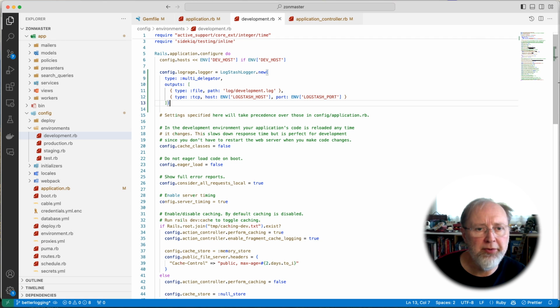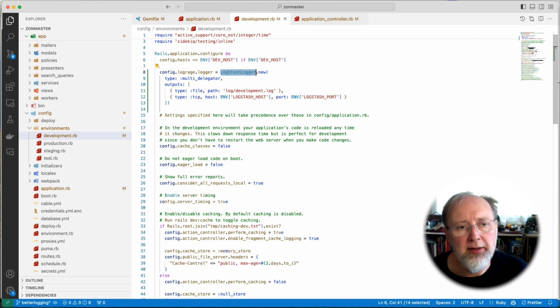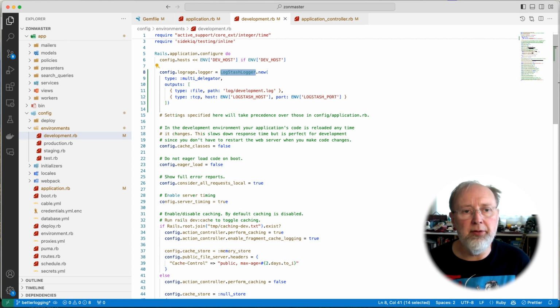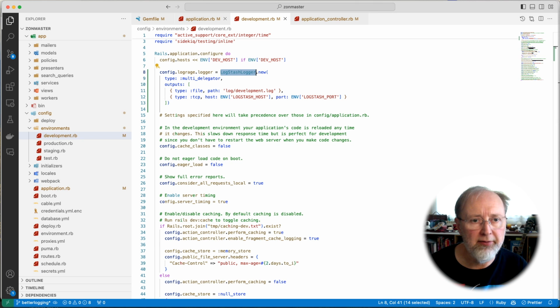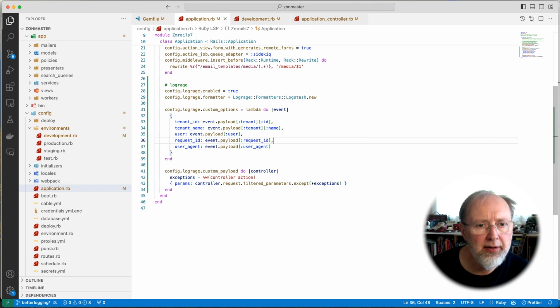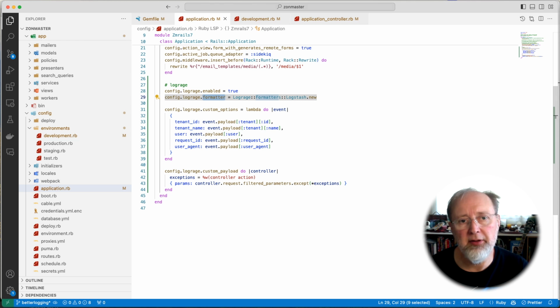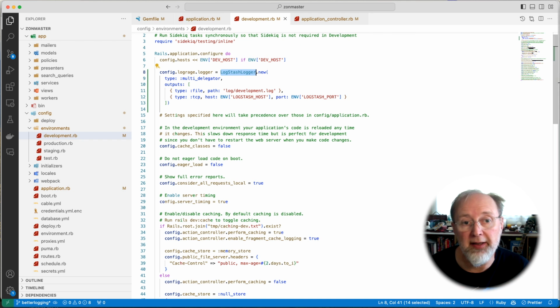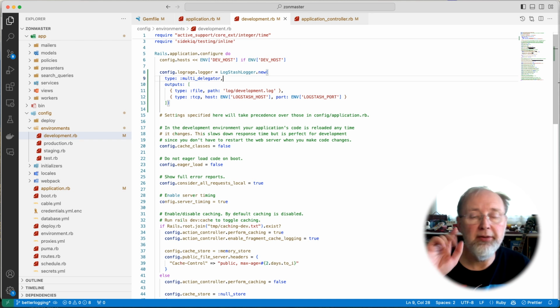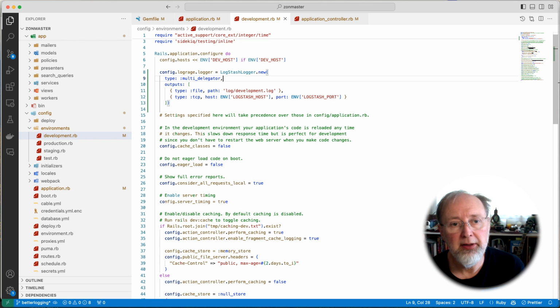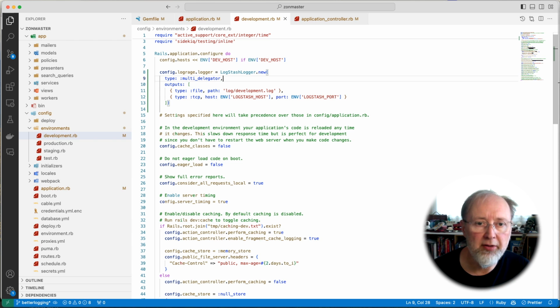Over here we set a formatter, but we didn't actually say where it was going to log to. And Lograge by default is just going to log to that file. But if we're using the Logstash logger gem, we can create this new Logstash logger,